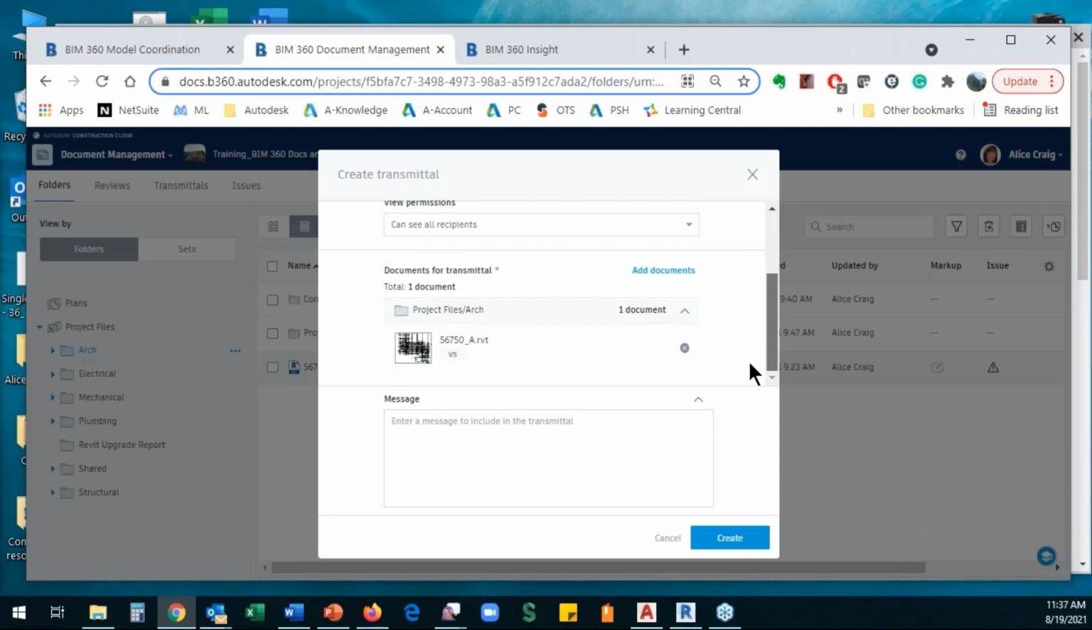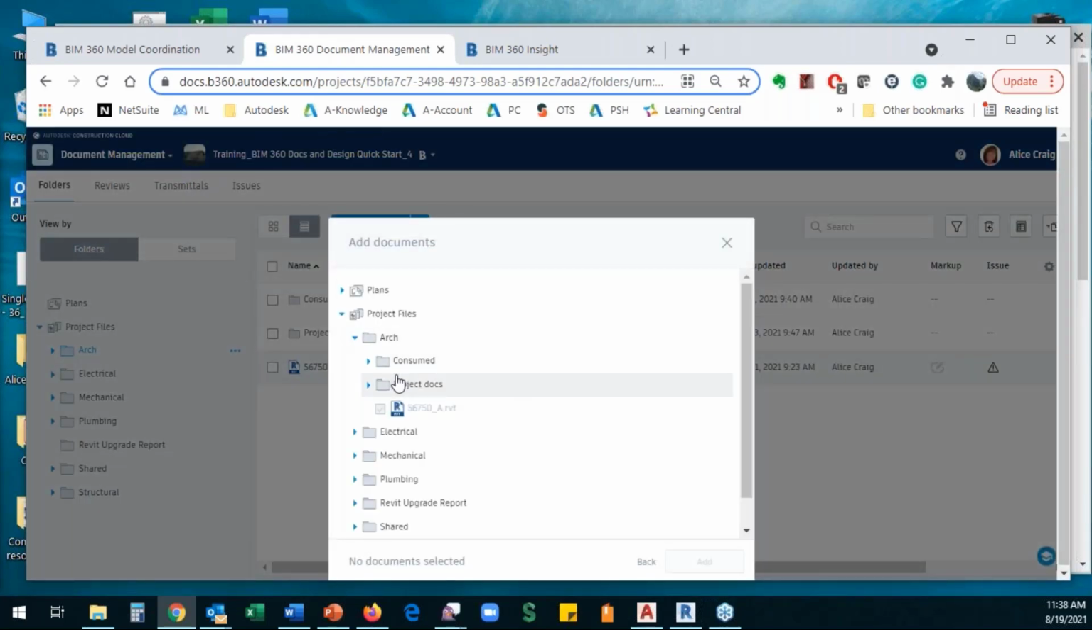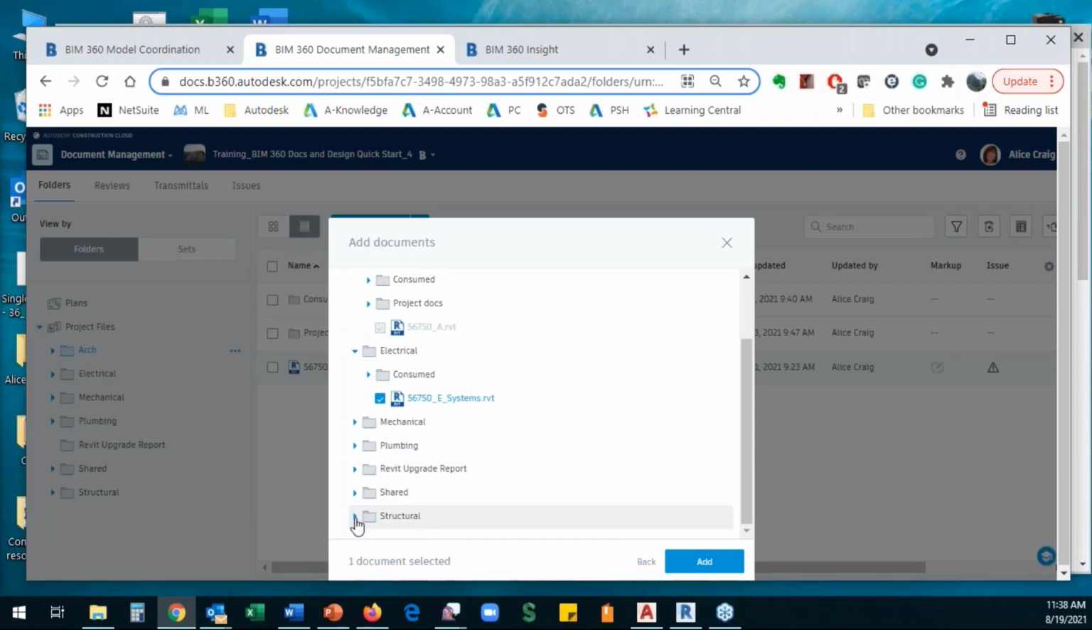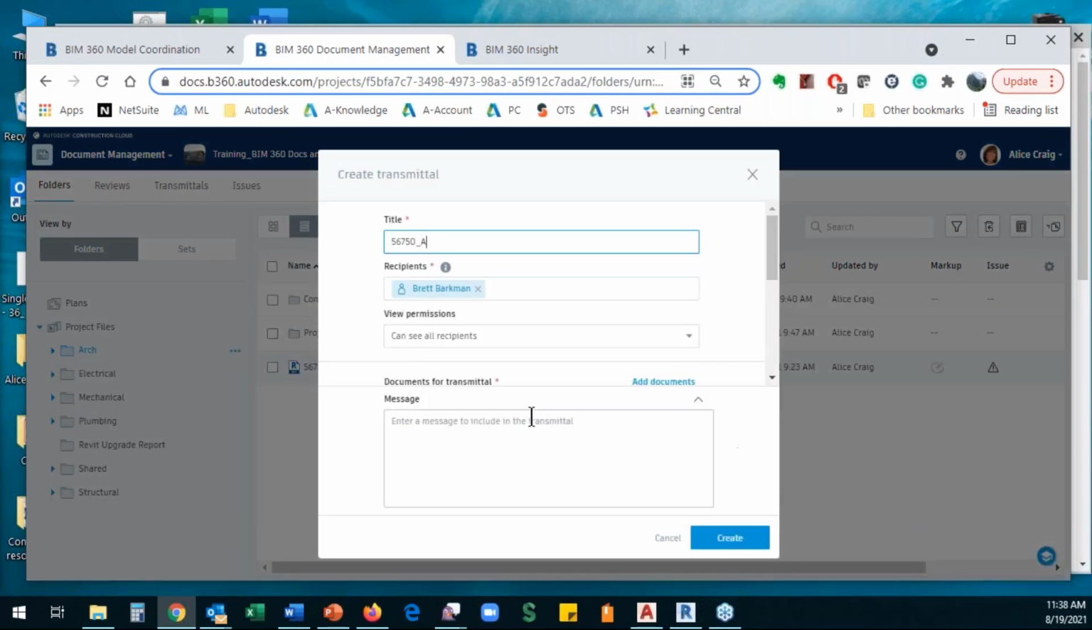And maybe I want to add a couple more documents. Maybe we've just got the electrical file in, so I want to go ahead and do a benchmark. These are the initial files from my architecture, my electrical, and my structure. So I can add in more to that. And we'll say our initial models, say create,